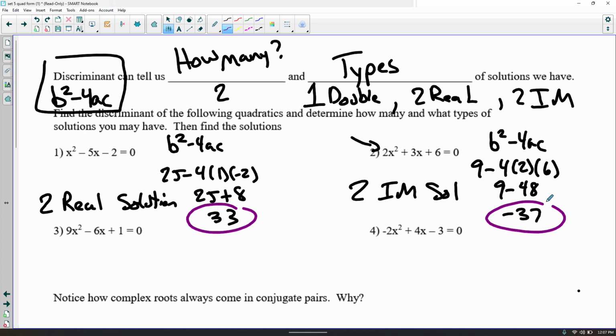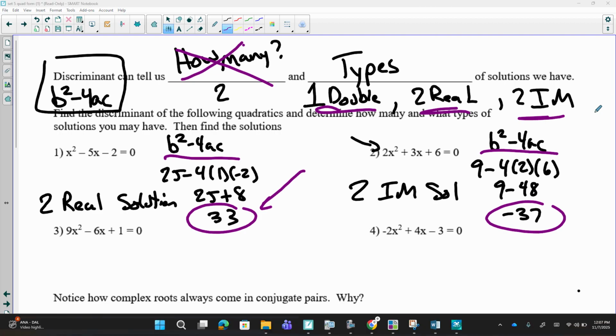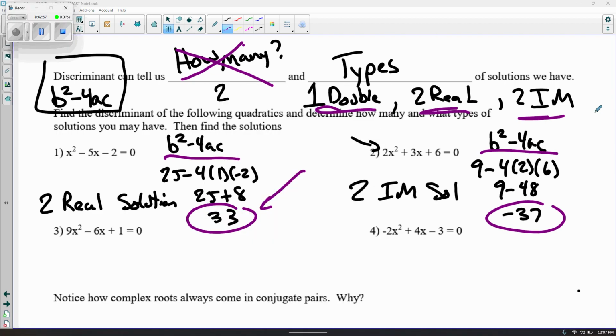Now, guys, I know that it really doesn't matter what these numbers are. As long as you know they're positive or negative, that would suffice. But we do ask for that number so we know you're doing it correctly rather than just guessing. So we will say, what's the value of b squared minus 4ac? What types of solutions do you have? Because how many doesn't really matter since you already know these are your types. It will be asked on our